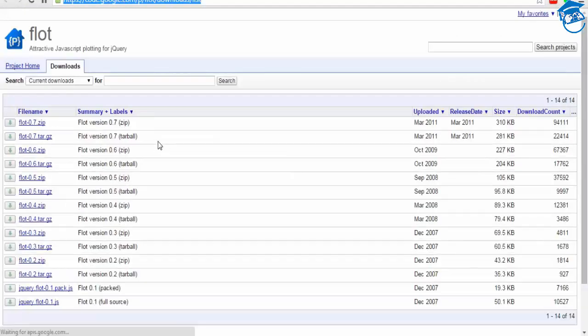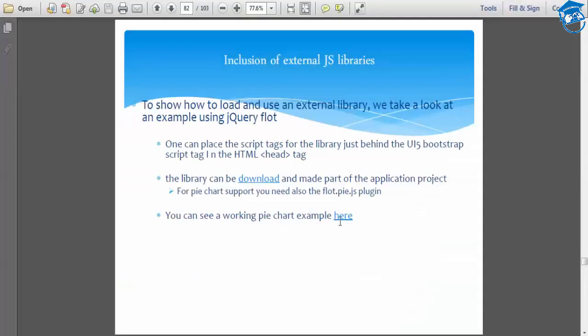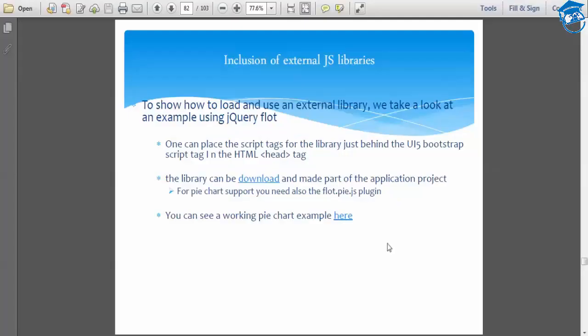If you want, you can download this type of files. These are old files, but I'll be giving you a new one while we are doing the exercises. We can make use of that code, and then you can build your own control. There's an example also available, but it is not available right now because it's deprecated. So we'll have our own control because this link may not be working for everyone.